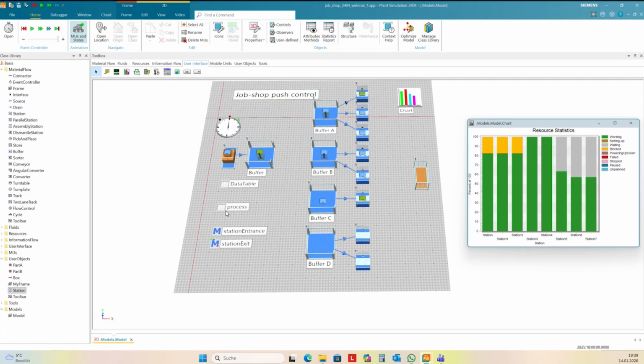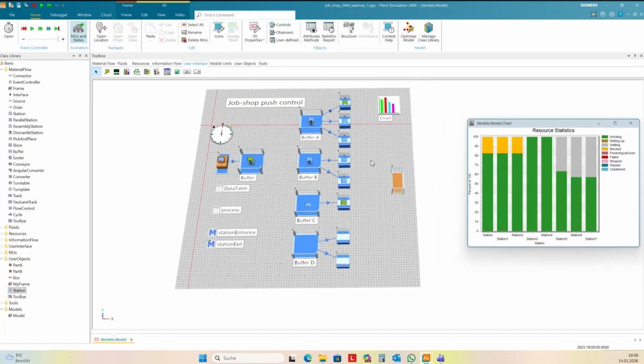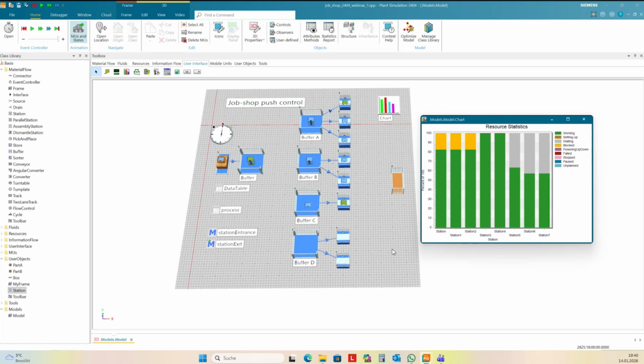plans. But if you have included all the process plans in your simulation, then you can create a lot of experiments and show, okay, with this production plan, you get problems in this shop, or you need to increase the capacity in this shop, or you need to create a completely different way of organizing your production. Okay. These are the basics for shop floor push controls.